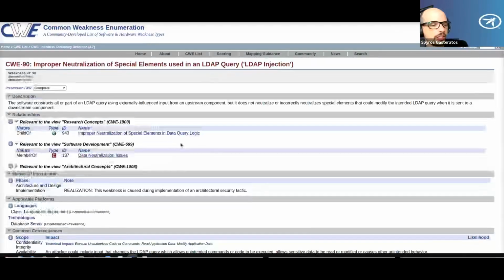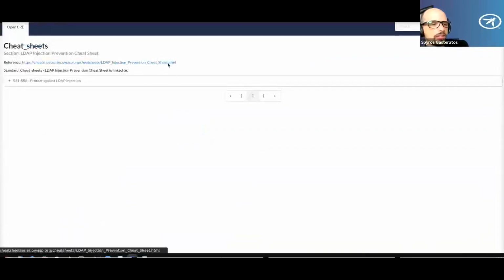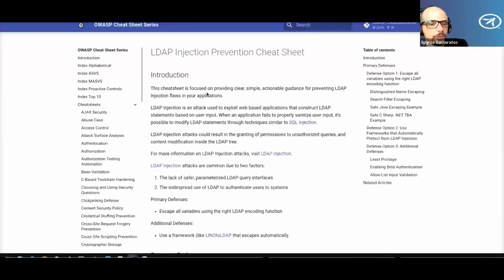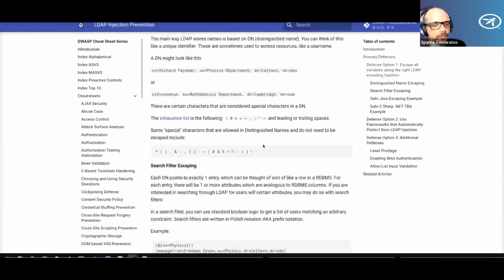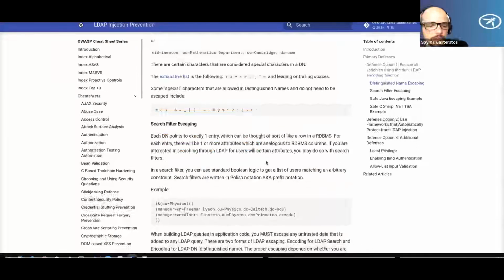CWE, similar. You have all the CWE information. And cheat sheets, I think you know the drill so far. You get exactly how to fix it, specific special characters you need to escape, and several cheat sheets also include small pieces of information or code